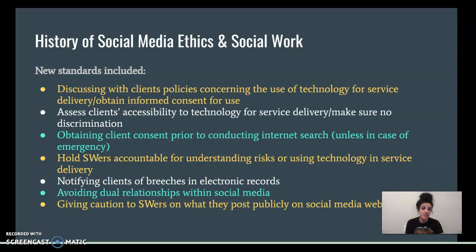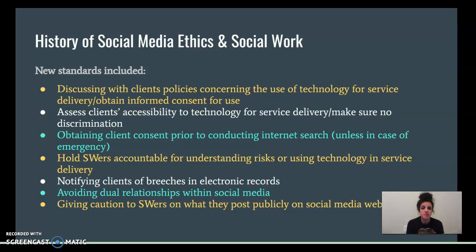A lot of billing is done electronically as well. You don't send paper bills in the mail anymore. Often you hit the insurances up through different types of electronic payments and submissions. And so again, there's a vulnerability anytime you send something digitally. So good practice is incorporating that into informed consent and making sure that clients know the policies and that your agencies have a policy.